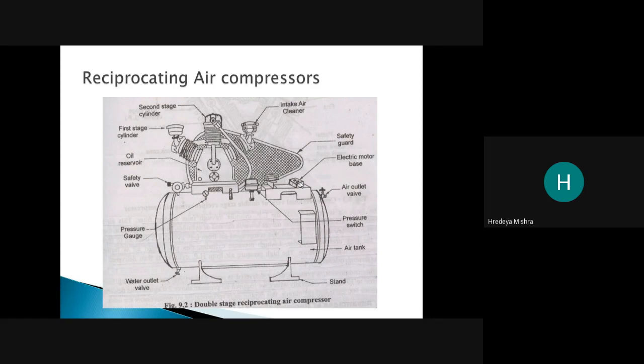The use of petrol or diesel is to operate this compressor. If we use diesel or petrol, it means we can convert the chemical energy into mechanical energy, and if we use an electric motor, we can convert the electrical energy into mechanical energy. Okay, so